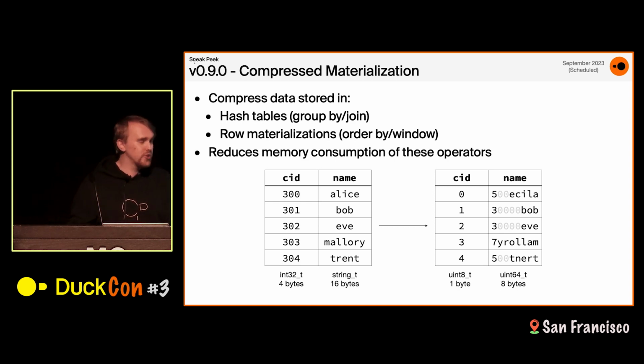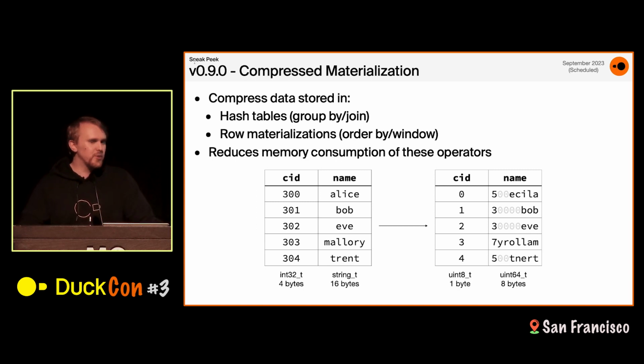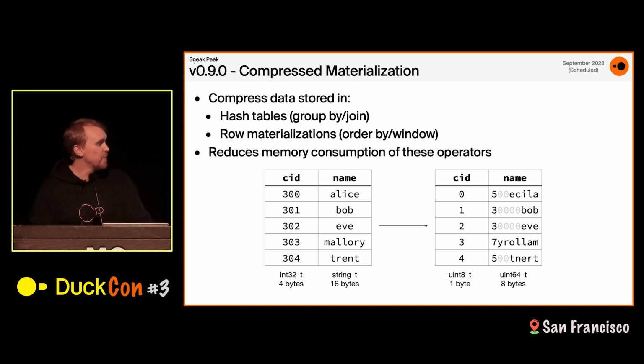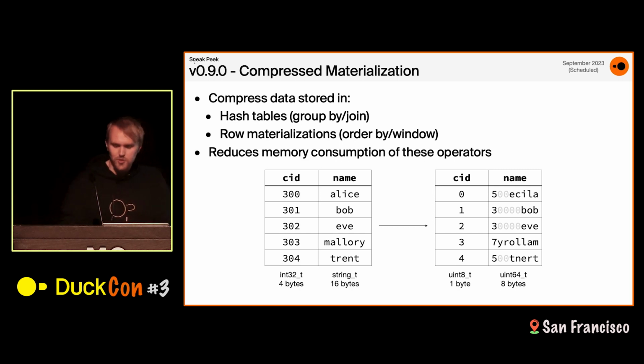And the same can be done with strings. Instead of having these pointers to the strings that end up consuming around 16 bytes per string, you can compress them and actually turn strings into integers, which is kind of cool if they're small enough. And using this, you can quite drastically reduce the size of these materializations for essentially no cost as well. That's also important, that this doesn't actually end up increasing the runtime.